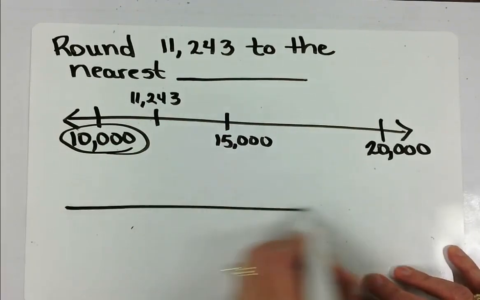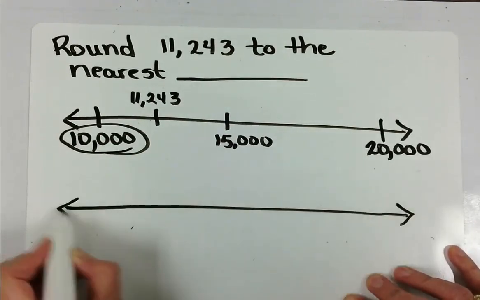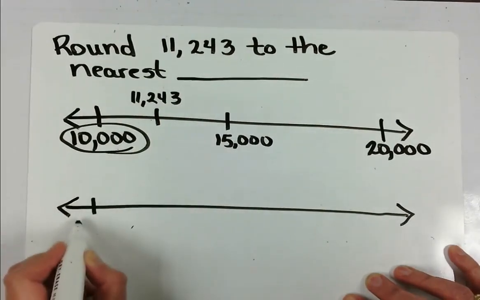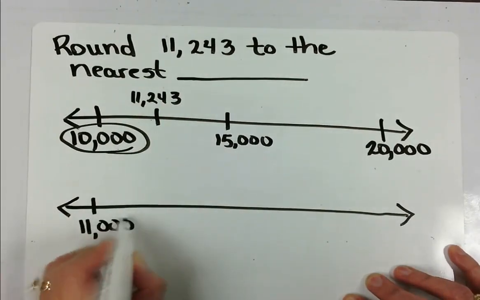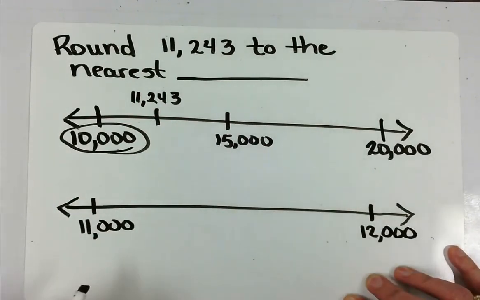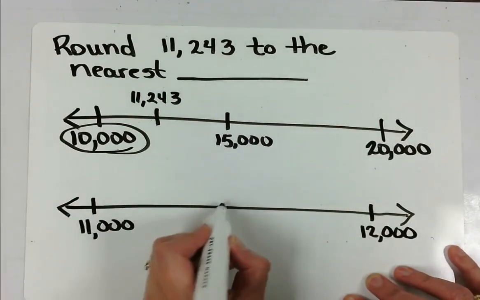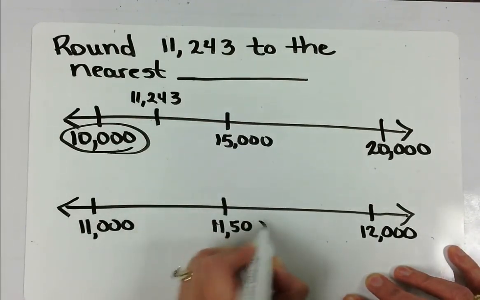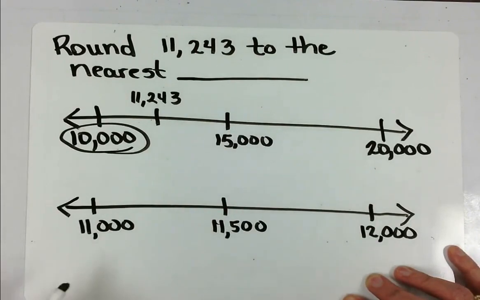They could also have to take this same number and round it to the nearest 1,000. So in this case, if I'm counting by thousands, I would have 11,000 and I would have 12,000 as my boundary numbers, my consecutive multiples. Then I would need to find my midpoint, which is 11,500, and then figure out where